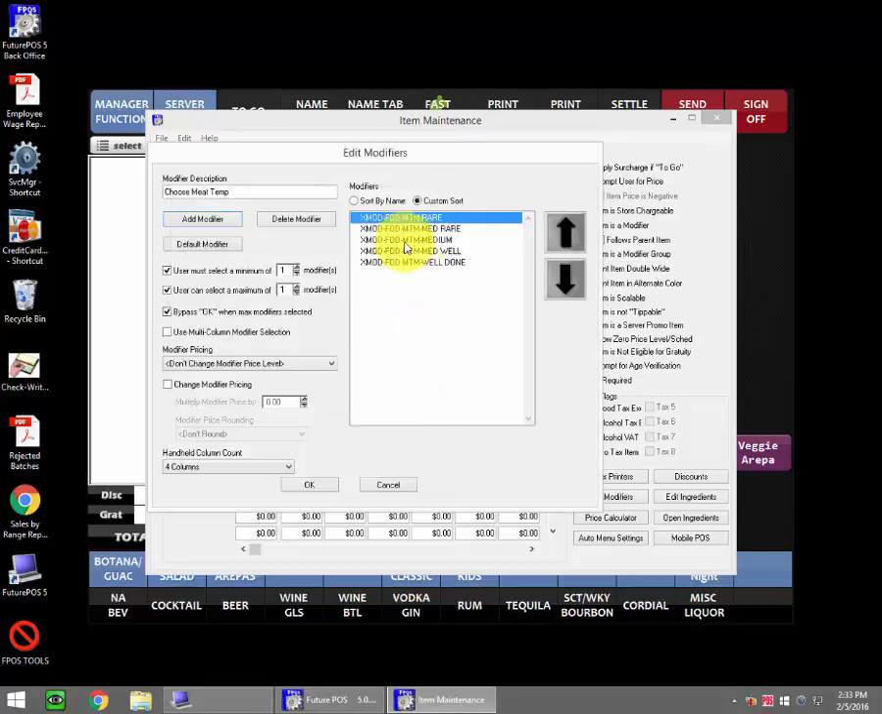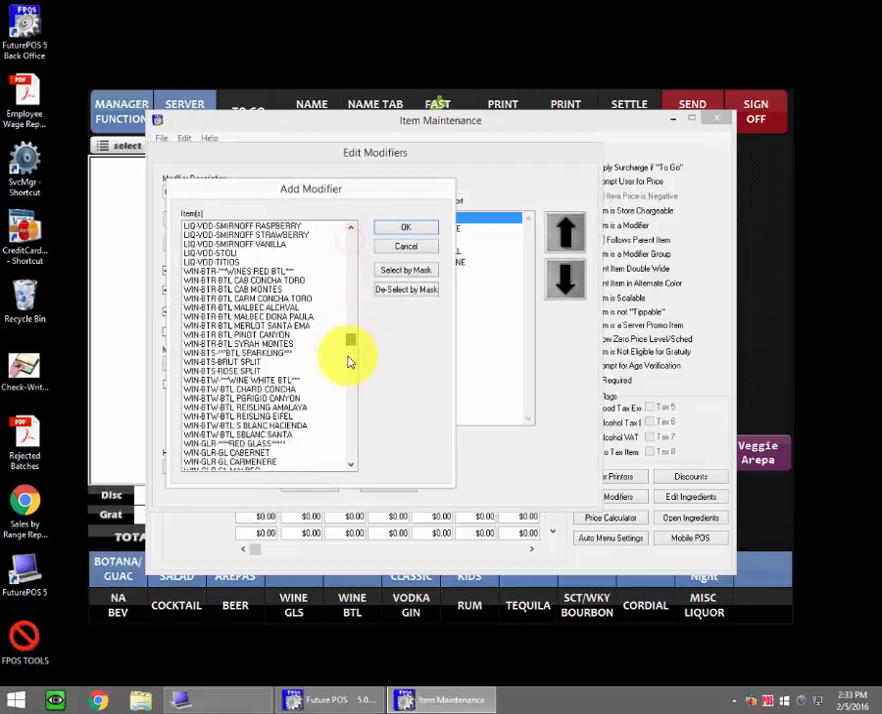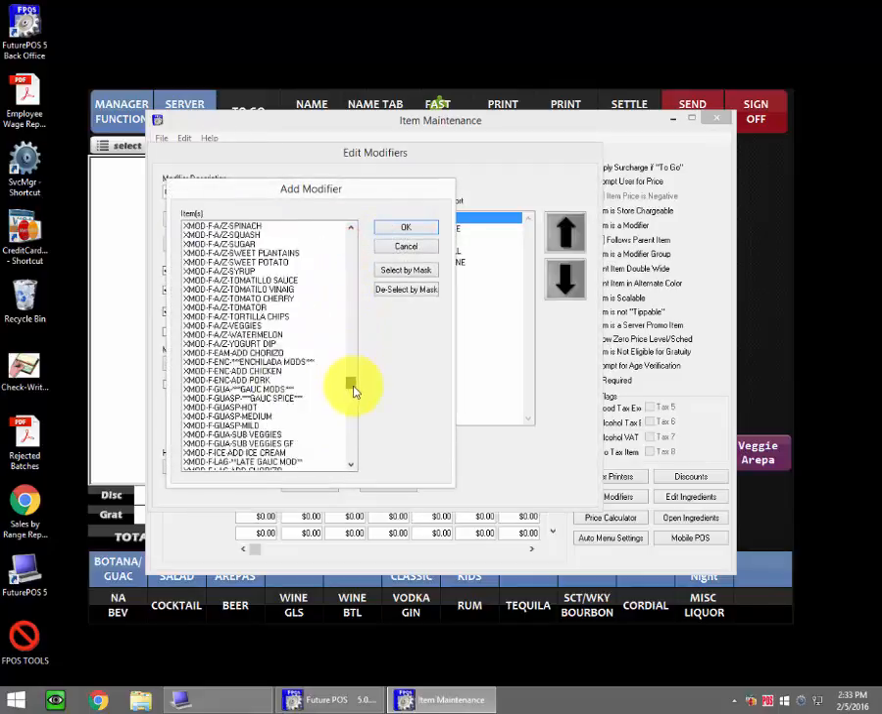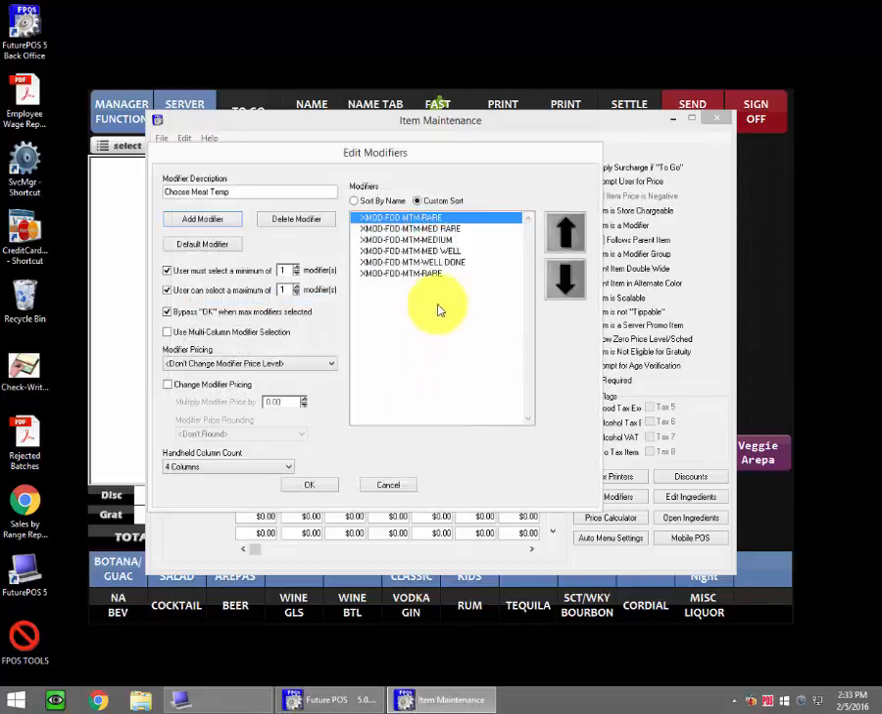Let's try that again, xmod-food-mtm. And there they are right here. I'm just going to add rare again to this category, and you're going to see now that it just shows up at the bottom. You can either have this set as sort by name, which will alphabetize all of these,